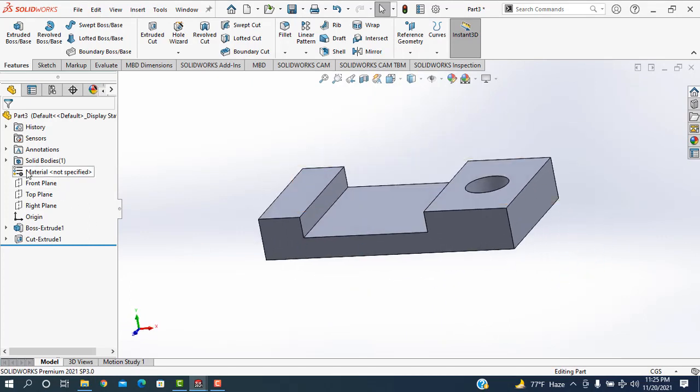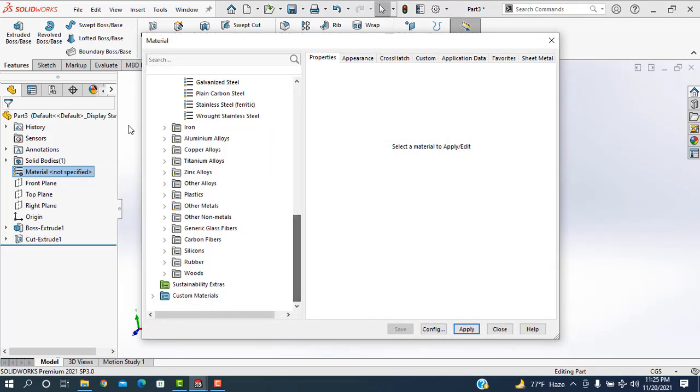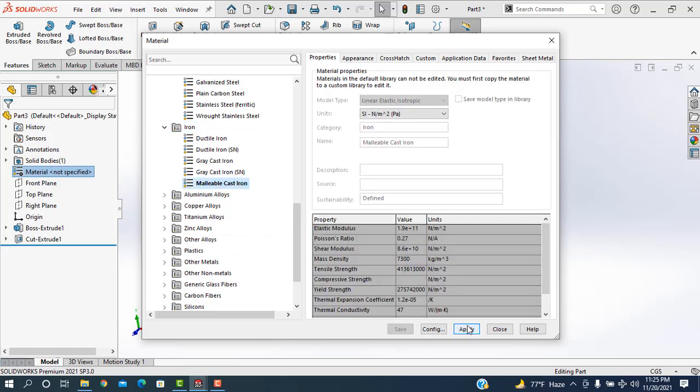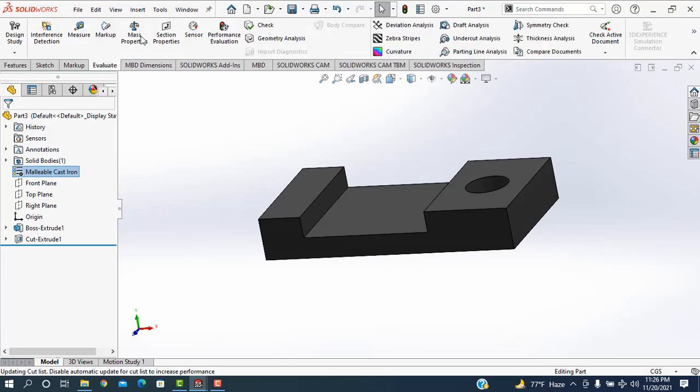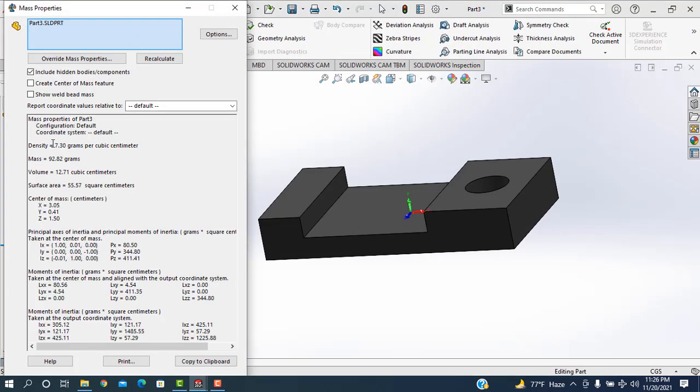Now I am going to select the materials. Going here, edit materials. I am taking this material as medieval custom. Okay. Then going to the evaluate and select the mass properties, and this density is 7.30 gram per cubic centimeter,